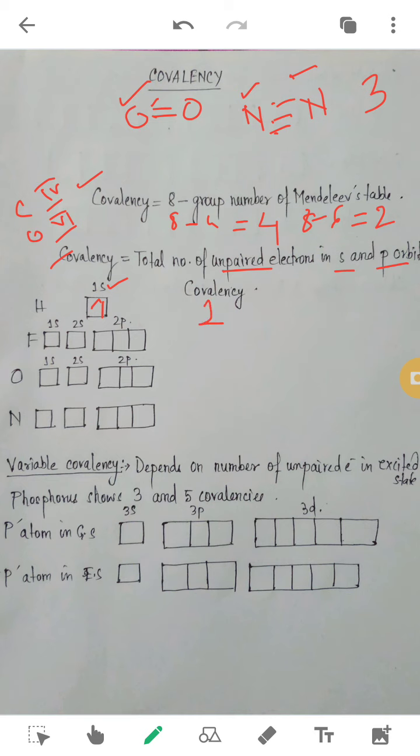For fluorine, you have to know its atomic number first. It's 9, so the number of electrons is 9, and you arrange them. Here in 1s, 2 electrons will be arranged. Here in 2s, 2 electrons will be arranged. How many are left for fluorine? 4 out of 9 are done, so 5 are left. Hence now the p orbitals will be filled. How will it be filled? It will first be filled with a single electron and then pairing happens.